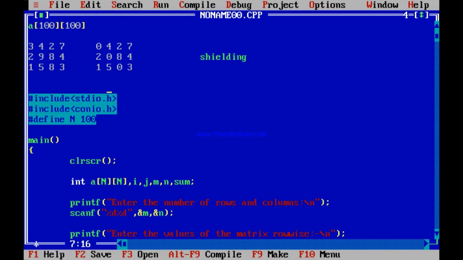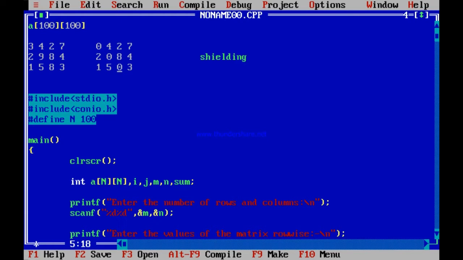So, how to do this program? See, the hint was already there when I explained. What is this? A00. What is this? A11. What is this? A22. So, which numbers am I looking to shield? A00 followed by A11 followed by A22.